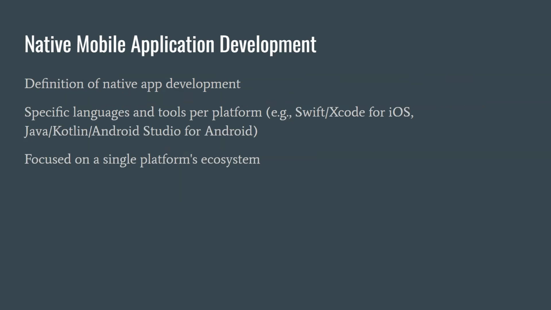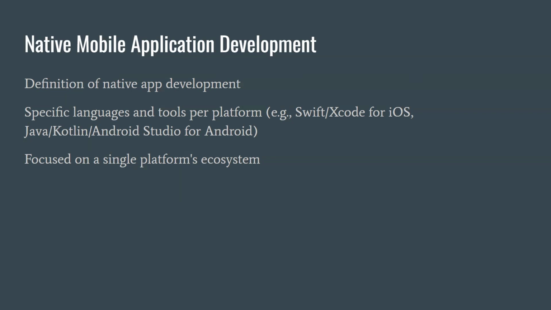So when we talk about native applications, we are talking about applications that are built specifically for one platform with the languages and tools typically designed for that ecosystem. To give you an example, say you are developing an iOS application for Apple ecosystem, then you would be using a language such as Swift, most likely, or if you are dealing with an older existing app, you will use Objective-C with